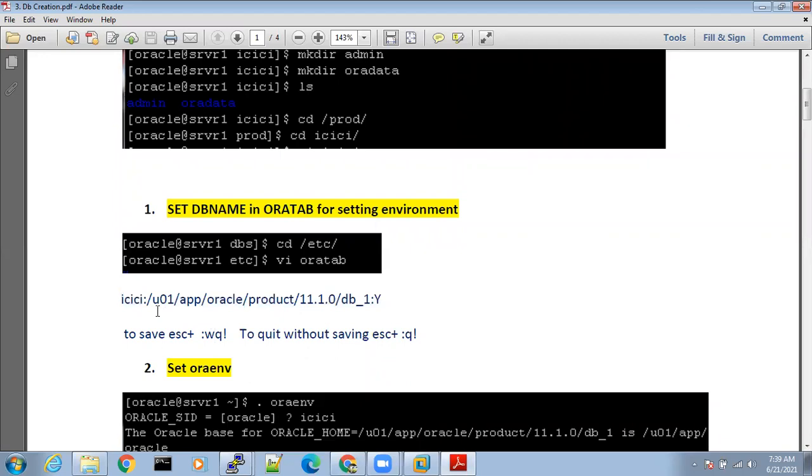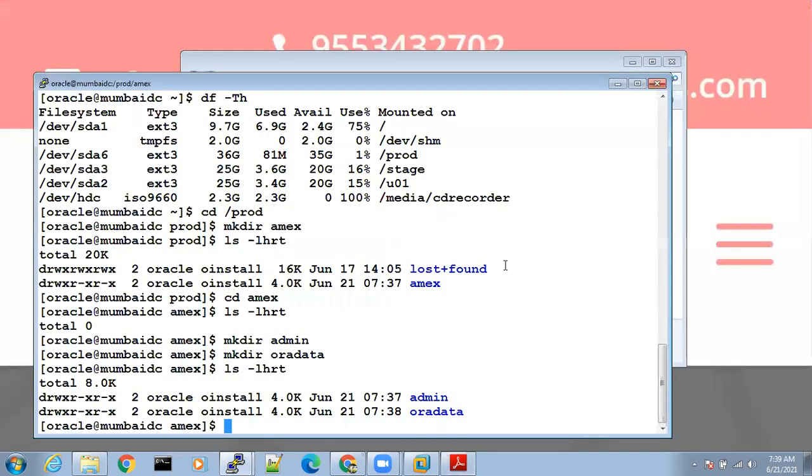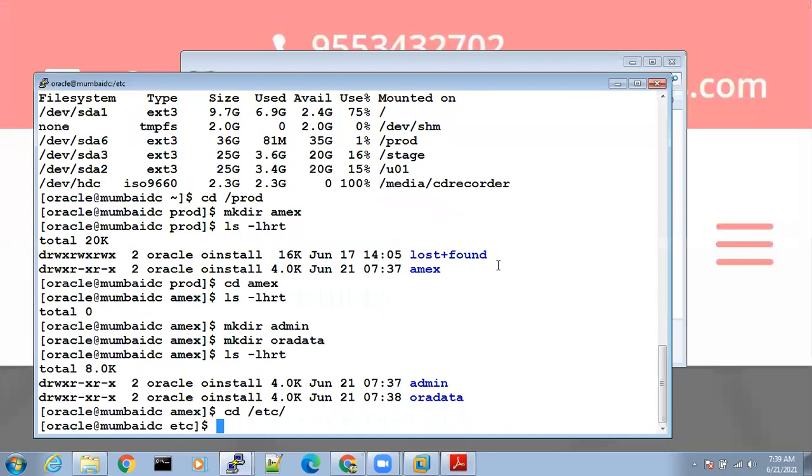Which means you will actually register your database in oratab. Oratab is used for database registration. We need to register our database. When we purchase any property, what do we do? We register, right? We'll register that property on the name of that particular person. In the same way, when you want to create a database, register your database first in oratab. Now, where you have to go? You have to go to cd /etc, and there is something called oratab, and we have to open it.